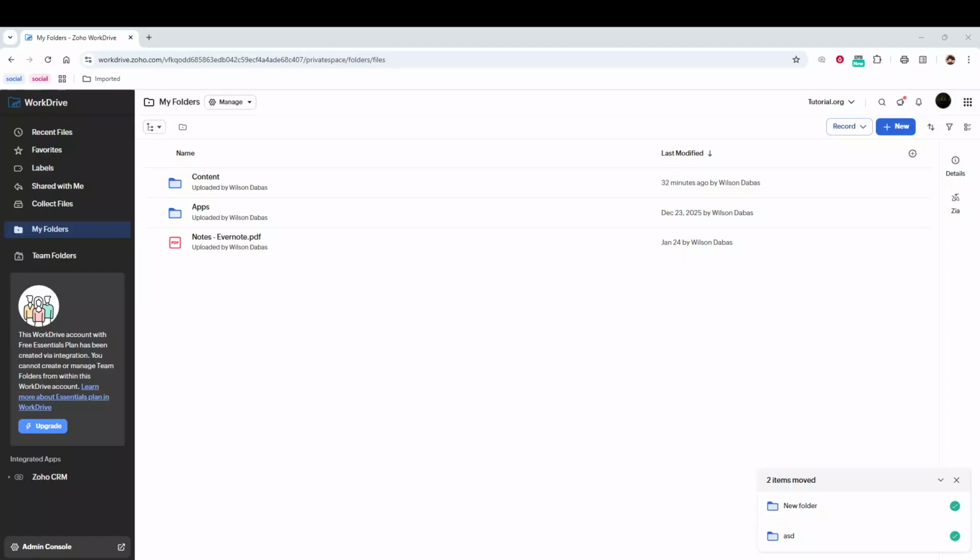In today's video, I am going to teach you how to restore a file in Zoho Workdrive. If you accidentally deleted a file, Zoho Workdrive usually keeps it in the trash for a period of time, which gives you a chance to bring it back. Restoring a file is quick, but it helps to move slowly so you restore the correct item and put it